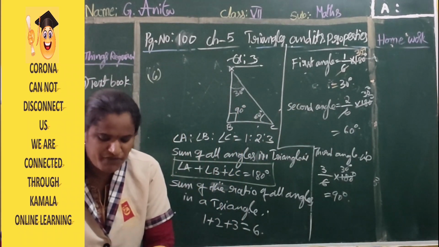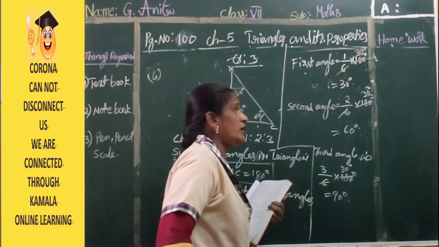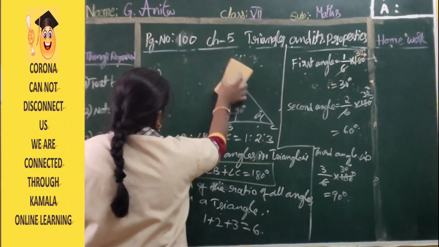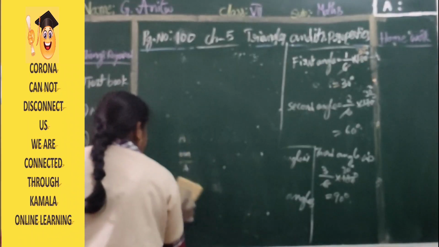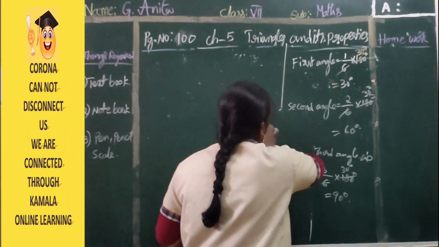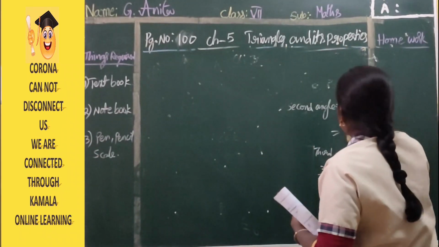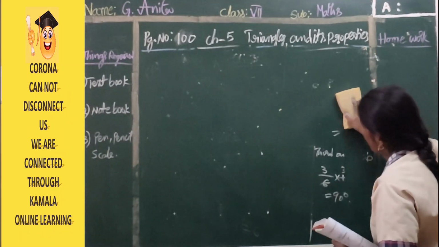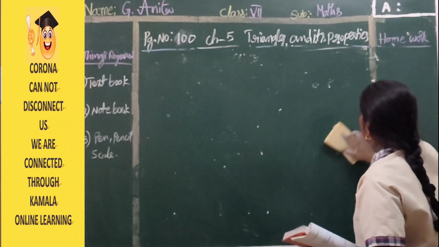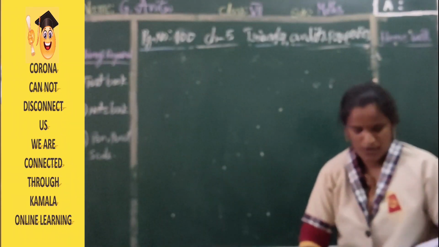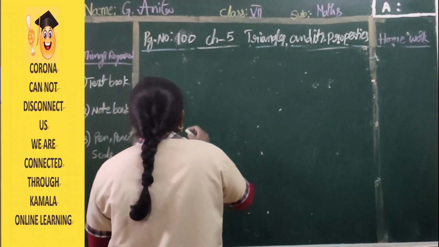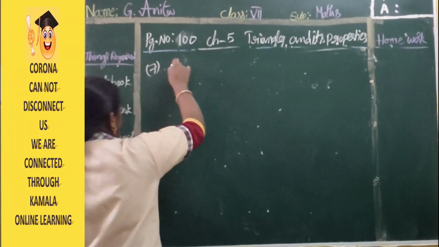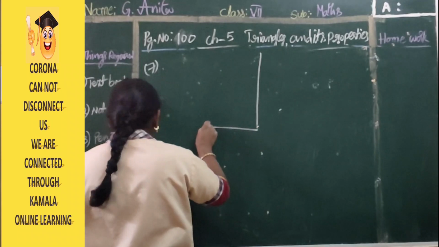So the sixth problem is finished. Next, the seventh problem is most important and can be confusing. If you do not understand this problem, you will definitely get confused. Look at the board and listen properly, and you will get an idea about this problem. Everyone look at your textbook, seventh problem. First observe the figure that is given.